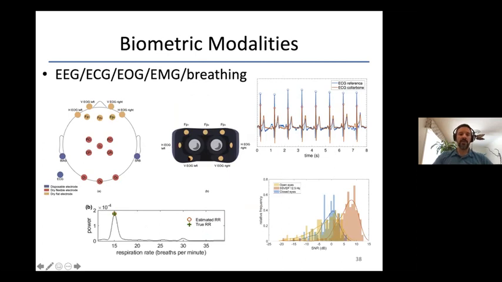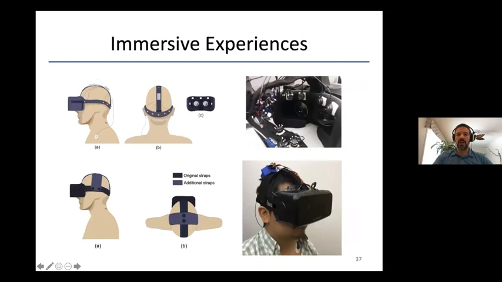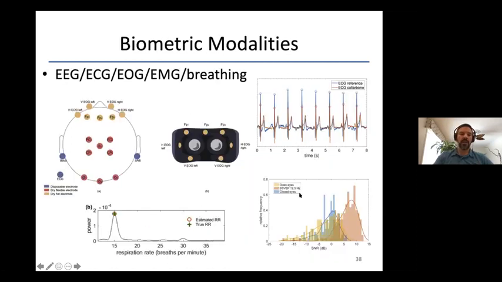So you're able to get eye movements, you get face gestures, you're able to get frontal EEG, you get EEG also along the side straps and the central strap, so you can get information about the parietal, the temporal, the occipital, as well as the central midline. So you're able to get a lot of rich EEG information. We can also get ECG, as you can see here, comparing the ECG from the device to a medical grade reference ECG. You can see that we get almost perfect ECG alignments.